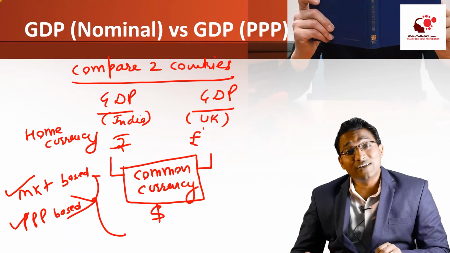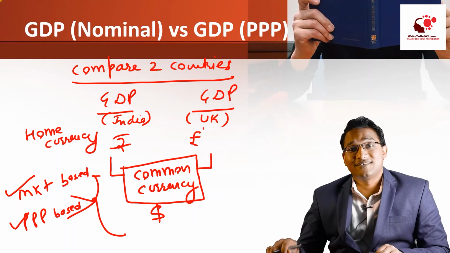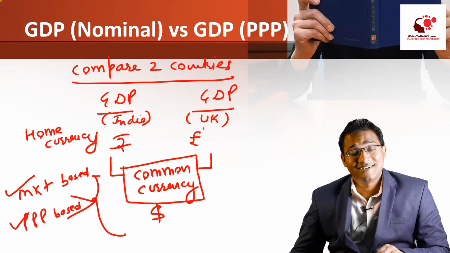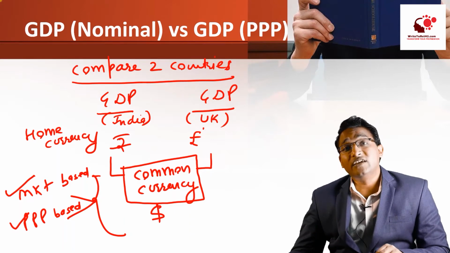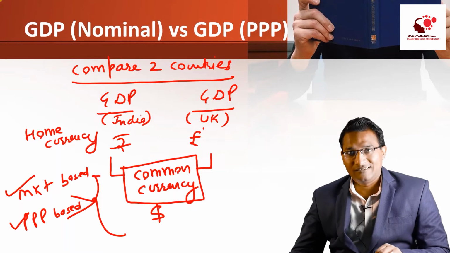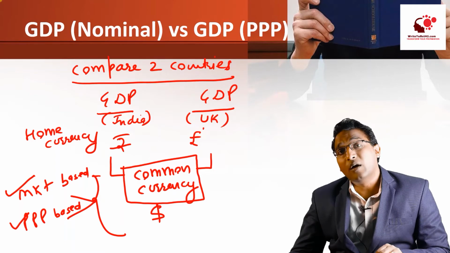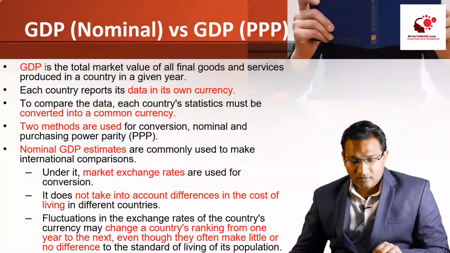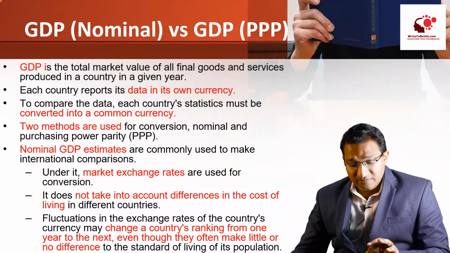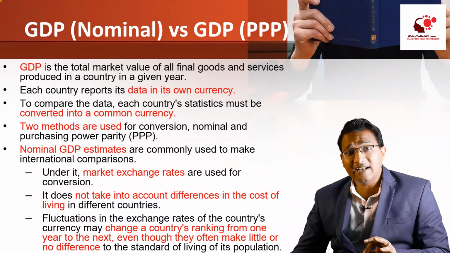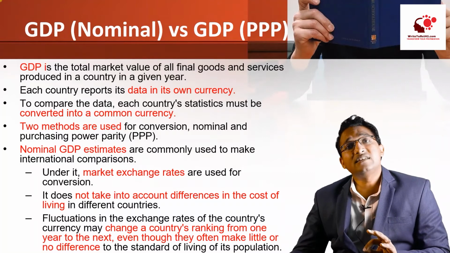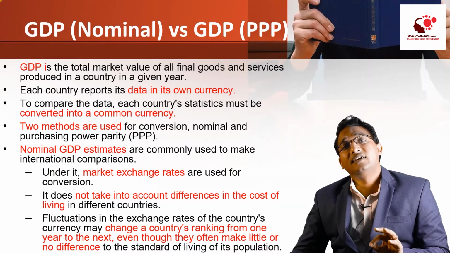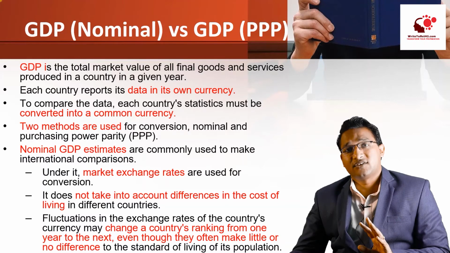So the answer is clearly the PPP based exchange rate. We just discussed that it is the purchasing power parity based exchange rate which will give the true value of an economy, because it is calculating the true value of the economy based upon the purchasing power of the currency. So the same thing has been explained over here. Again, I will give you 30 seconds. Please read this slide and then we will start the discussion.